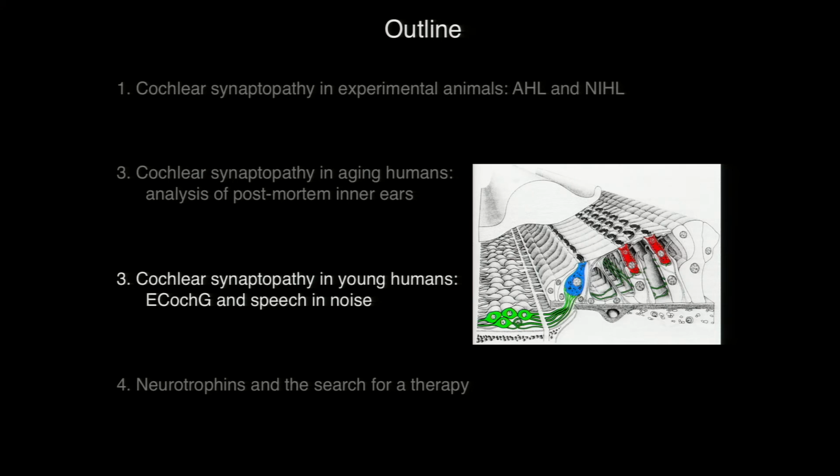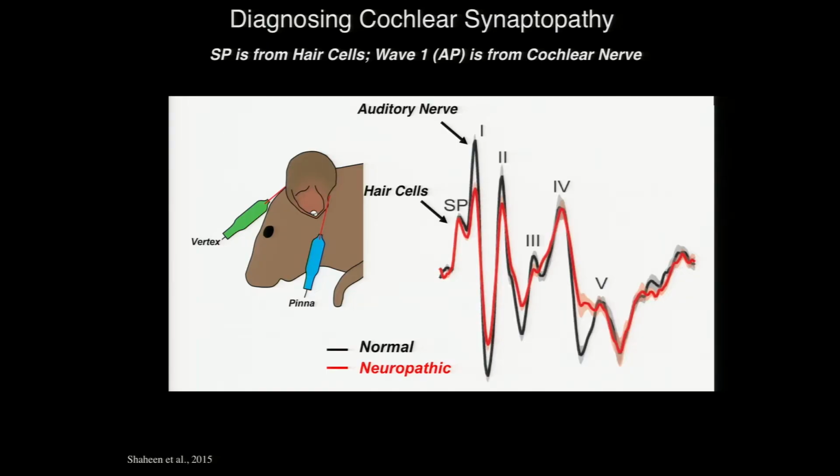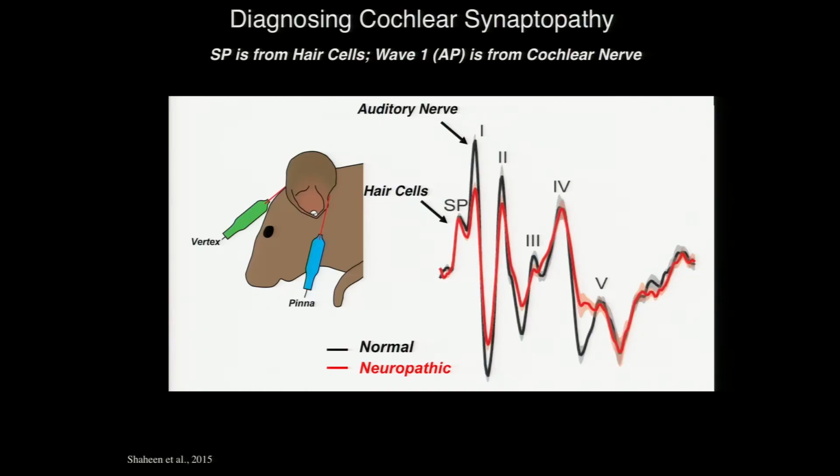So when we were thinking about ABR, we knew, of course, that ABRs are much more variable in human subjects than they are in genetically identical mice. And so we decided to adopt a strategy that others before us have used, which is to normalize waves within one waveform to each other. And we were particularly interested in looking at SP, which, as you know, is thought to be a hair cell-derived potential that you can see quite well if you get your ABR electrodes really close to the eardrum, as you can